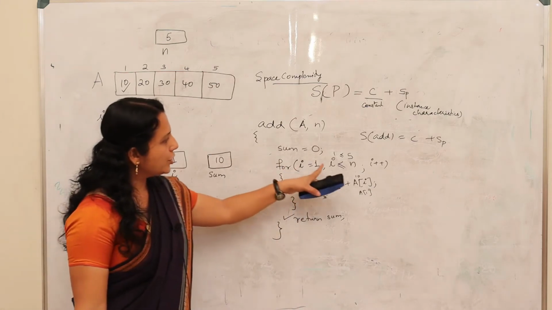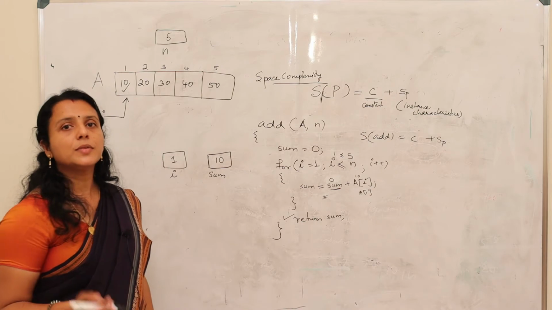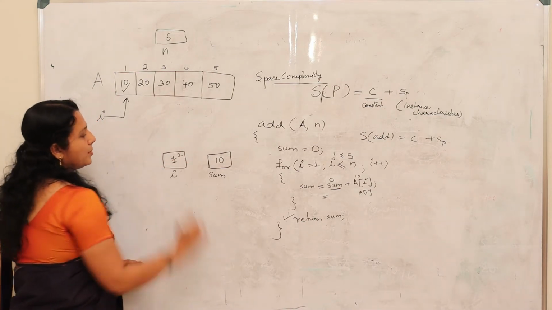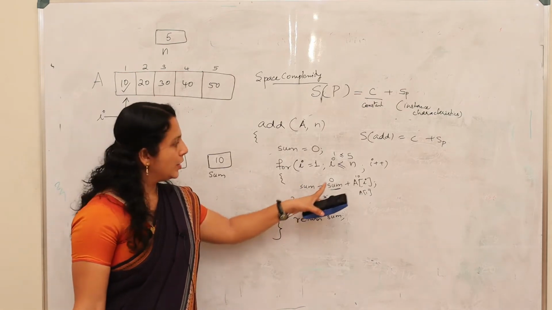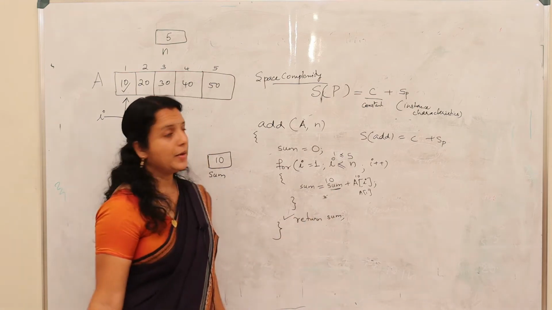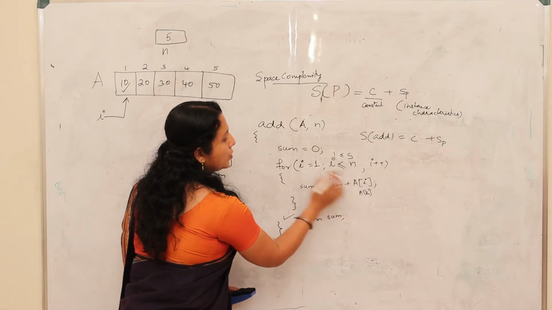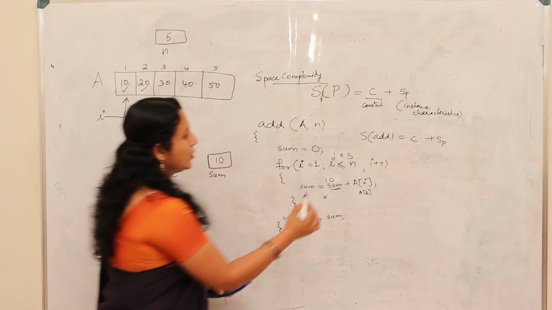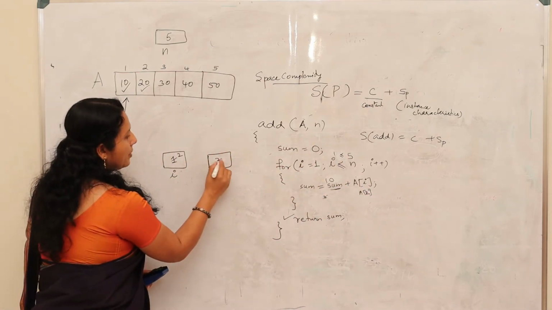And the iteration goes on, I is incremented. What is the new value of I? I becomes 2. So that is updated here, overwritten, and 2 comes. Clear? Now again into the for loop. What is the old value of sum? The old value of sum was 10. And what is the new value? It is A of 2, since I is 2. So A of 2 means this value 20. So 10 plus 20 is 30. So here 30 will come.